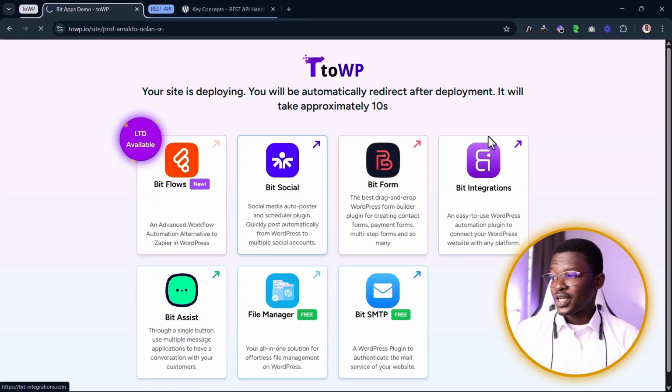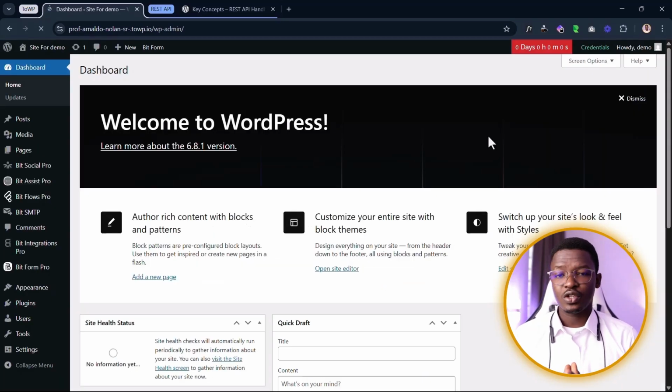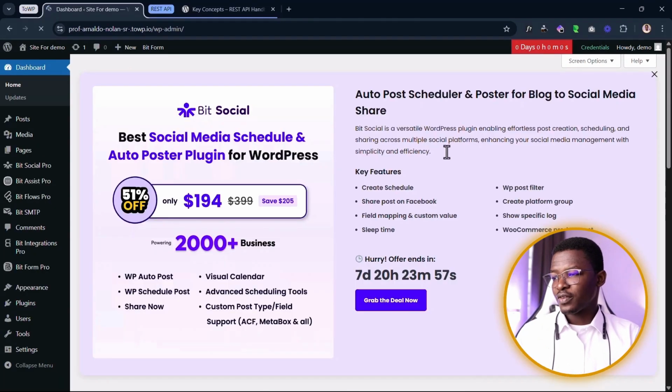As you can see, it's already done and it's redirecting me to the newly created WordPress site that we can very easily use. Now, when we're inside of this WordPress site, of course, they're going to show some advertisements for the Bit apps,